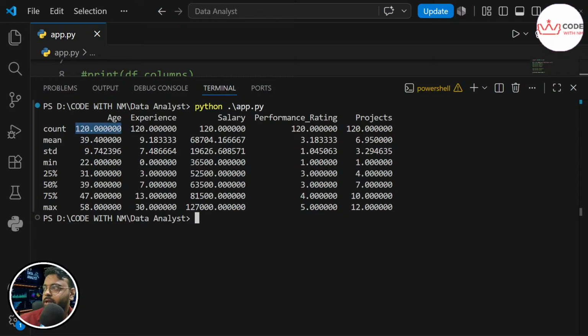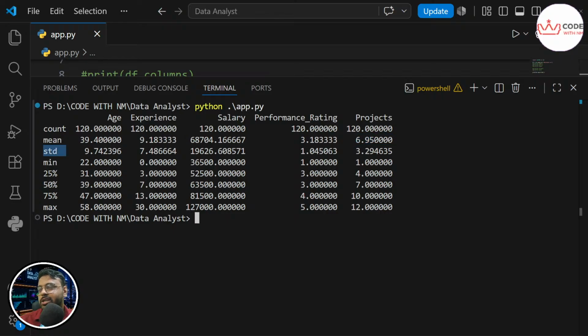So 120 rows for age, experience, salary, performance rating, and project. This means these 5 columns are in a format of pure numbers, and of course it should be, because we have already seen int64 was 5, meaning we have 5 columns with pure numerical data. Now it calculated the mean, and you know mean is nothing but the average. So it calculated the average age, average experience, average salary, average performance rating, average project.